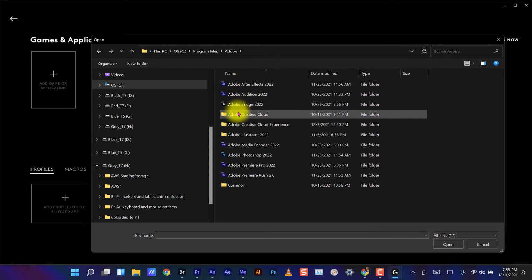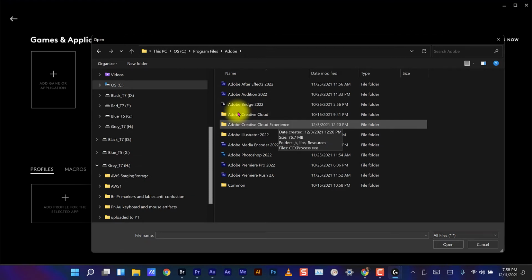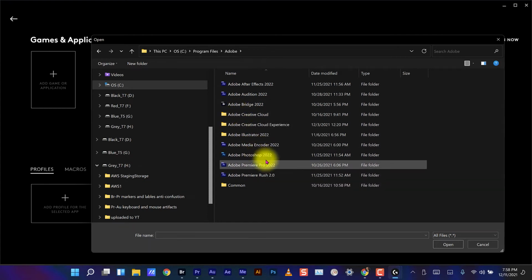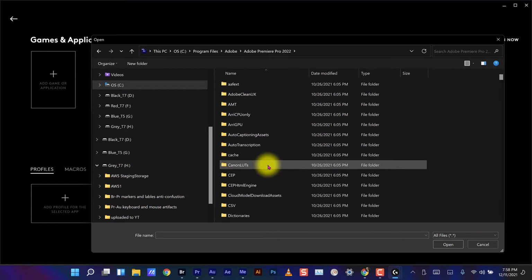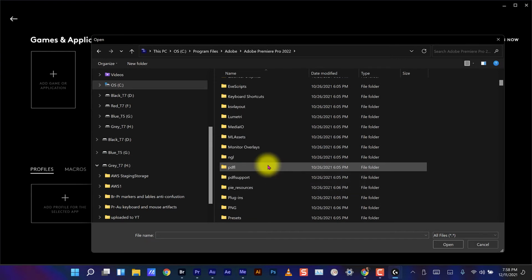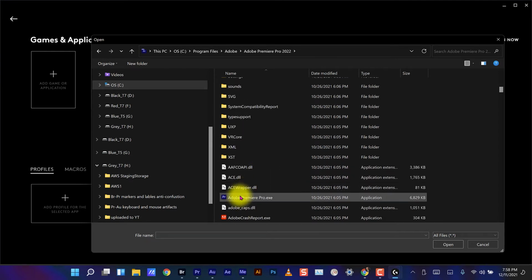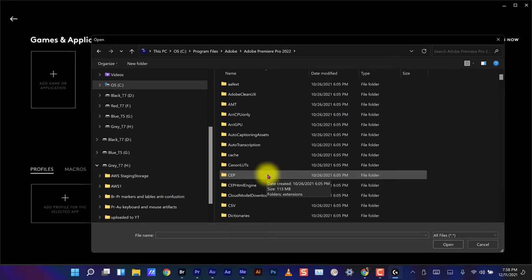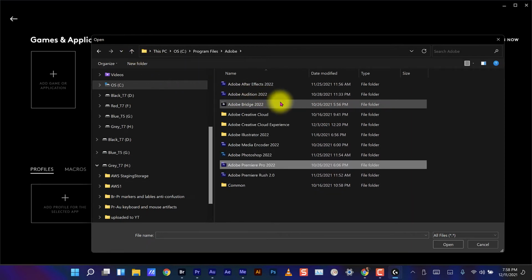and here is where I chose Adobe Premiere Pro. It's a file folder. Open the file folder and find the executable file. And there it is. That's what I selected. We're going to do another one. So let's back up and put in